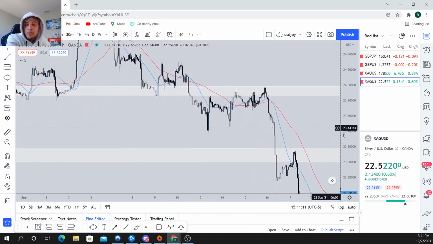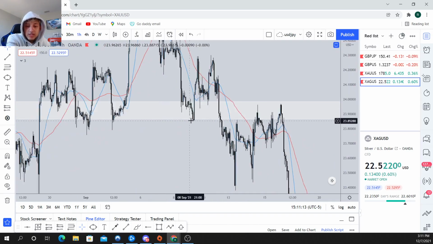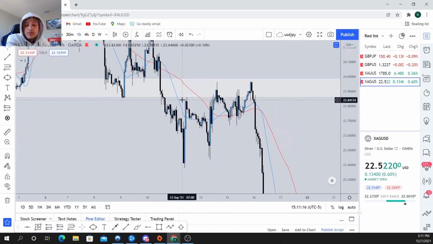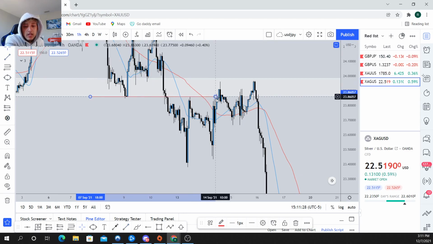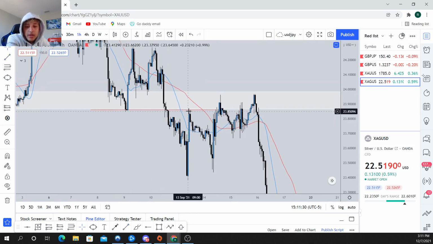Now here you go. Look at another example of a break and retest. Here you have support. This entire white zone is support. You could have sold at resistance each and every time price came to resistance. So we have resistance all throughout this range here, right? Notice the immediate rejection of this area. So if I were to draw a random line from here to here, you can see price came right up,